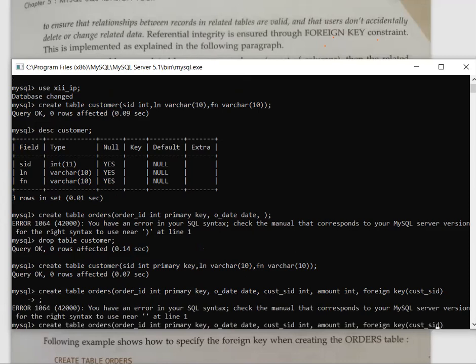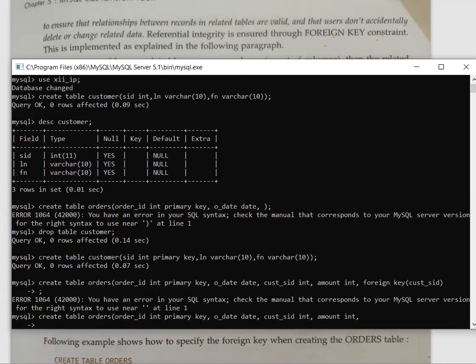Again, I'm writing this command, and then in the next line, I'm writing so that it is visible to you. Foreign key. Then within bracket, first of all, in my table, this is CUST underscore SID.